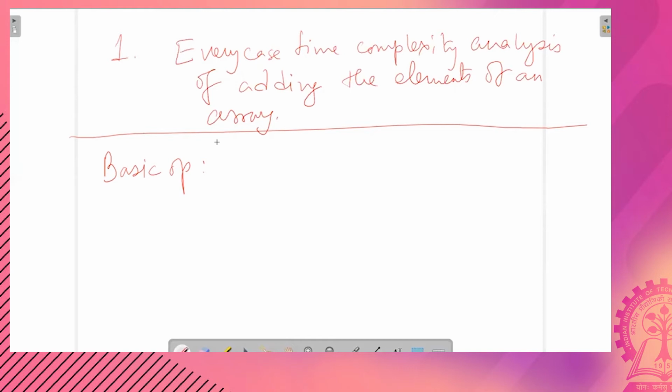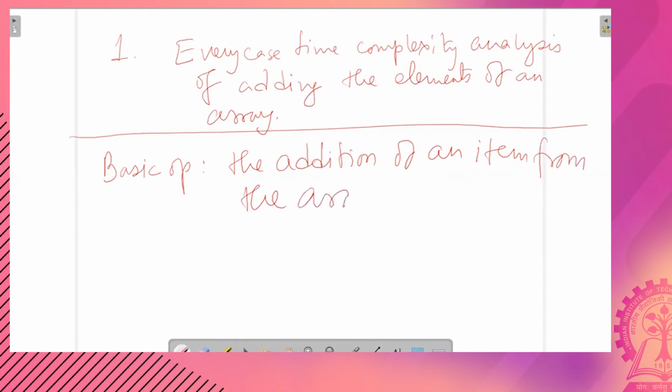In this case, the basic op is the addition of an item from the array to the sum variable.